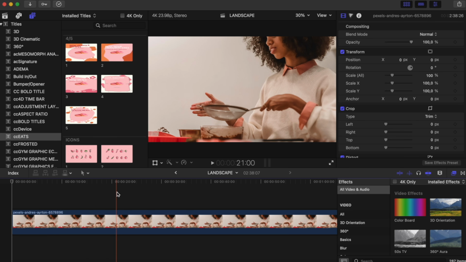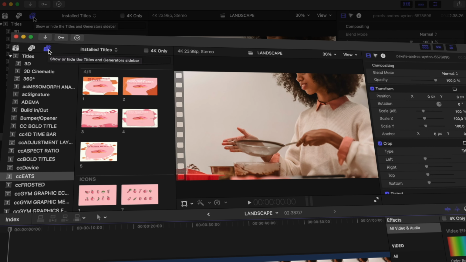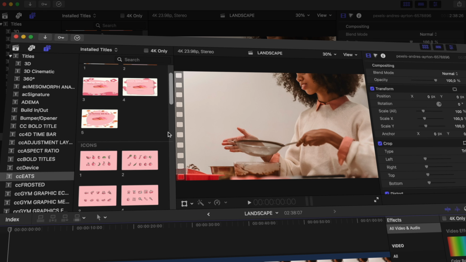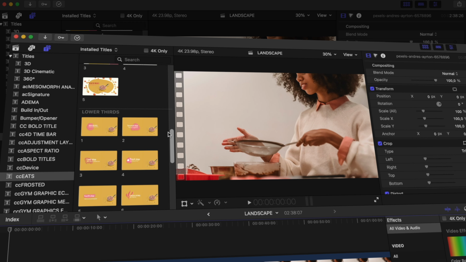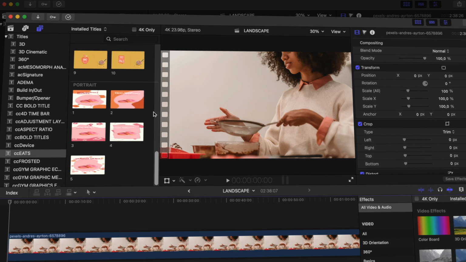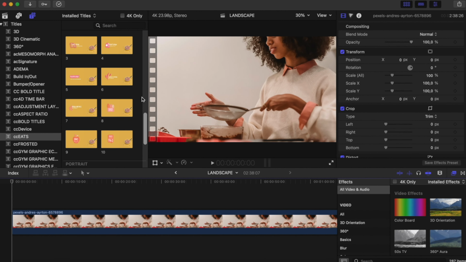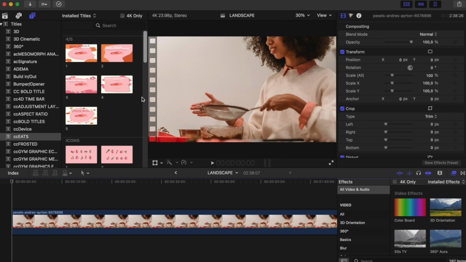And this would be our project. In my case, it is an image. We need to go to the left side of our screen where it says Titles and Generators. Choose the ccEATS project, and we will have the ccEATS pack. This pack includes 5 titles in 3 aspect ratios. That means 4:5, portrait and landscape. And also we have 5 groups of 10 icons each and 10 lower thirds, and I will just show you